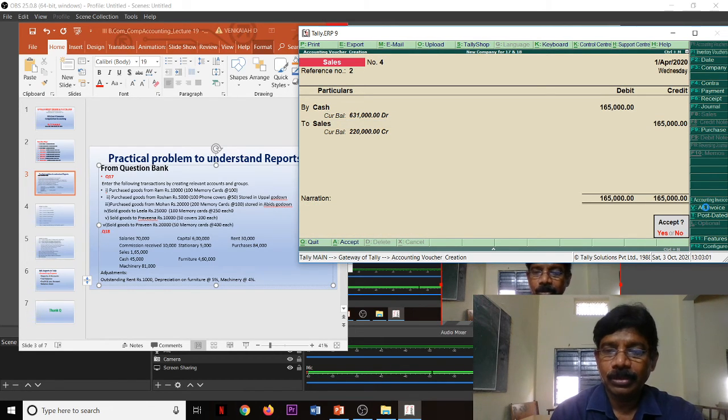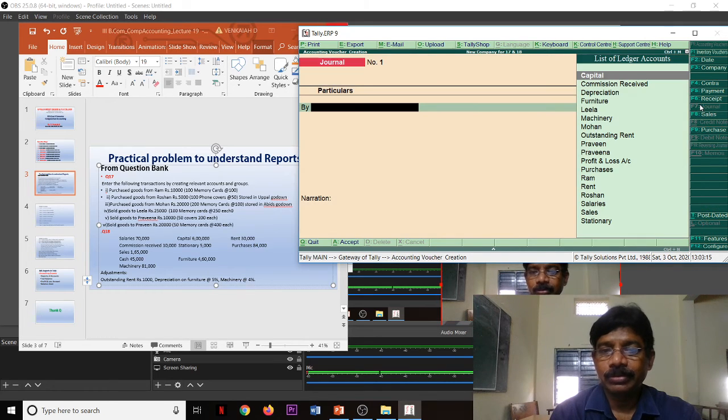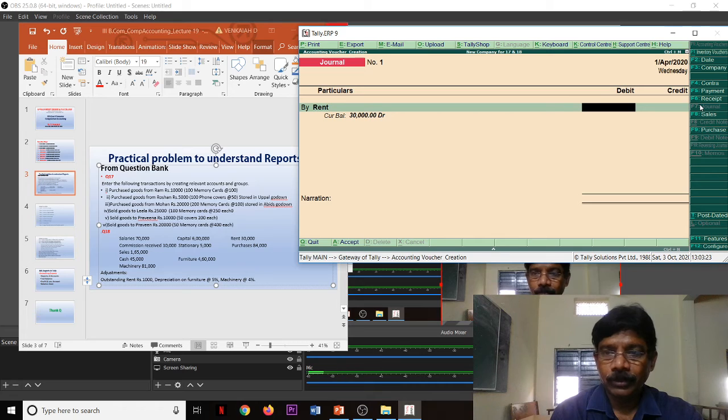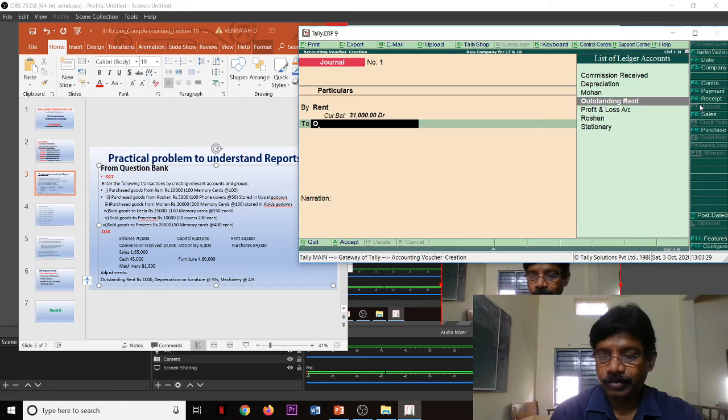Write down cash sales. Then there is an adjustment entry called outstanding rent. So outstanding rent is added. There is no cash, so we have to take a journal voucher. Rent account data, rent amount is 1,000 to outstanding rent account.